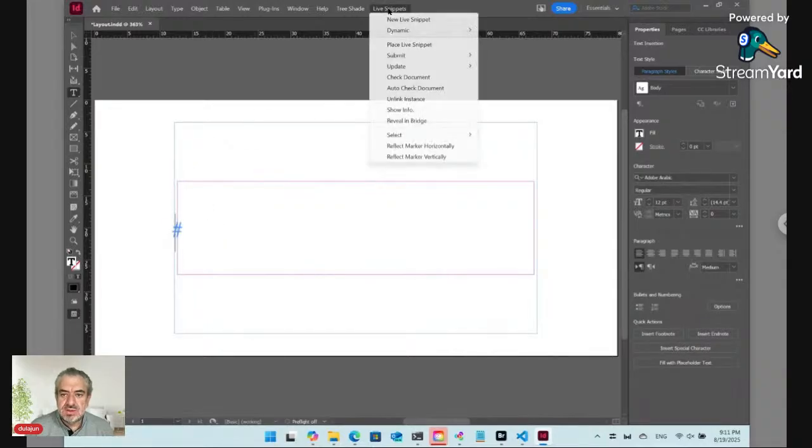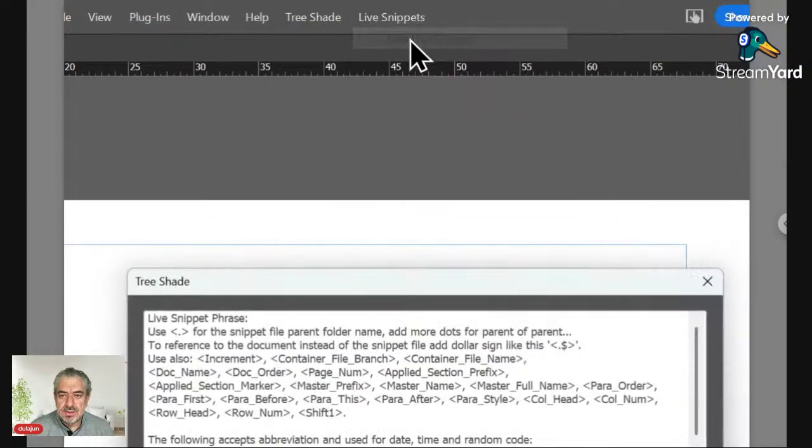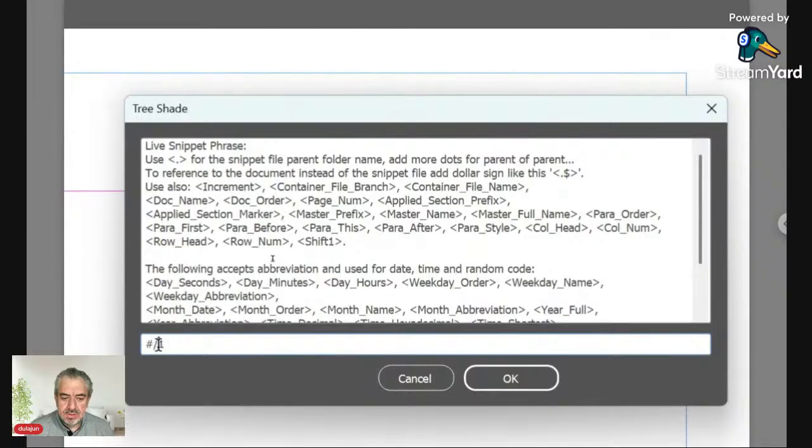Now from Live Snippet, this menu belongs to TreeShade in Adobe InDesign. And here from New Live Snippet, click and write hash for inline dynamic live snippet, and then any number